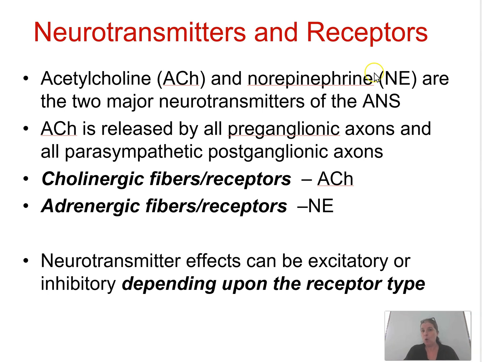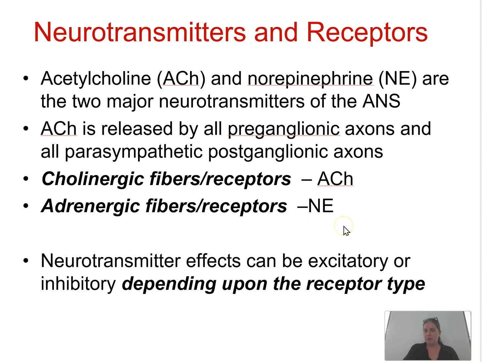We know that acetylcholine is released by all preganglionic axons. Remember, the preganglionic axons of the parasympathetic and the sympathetic all release acetylcholine at the ganglia. And remember, it's always excitatory because the pre is trying to stimulate the post, right, to relay the message. Acetylcholine is also used by all of the parasympathetic post-ganglionic axons. Now remember, when we look at the sympathetic nervous system, most of those post-ganglionic axons of sympathetic are going to